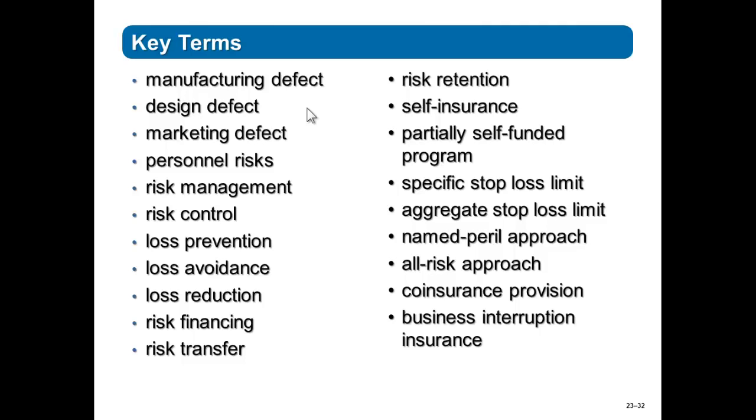Okay, these are some of the key terms we've covered, all these definitions that we've covered today. And this is going to wrap up our discussion of Chapter 23, Risk Management for Small Businesses. Lots of definitions in this chapter. You want to try to be as familiar as you can with those. Some of them will be covered on the exam coming up, and you just need to be aware of them, be as familiar as you can. Not the most interesting stuff for a lot of people, but very interesting for some, and it's very, very necessary if you're going to operate a business.